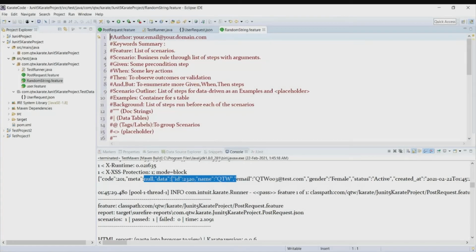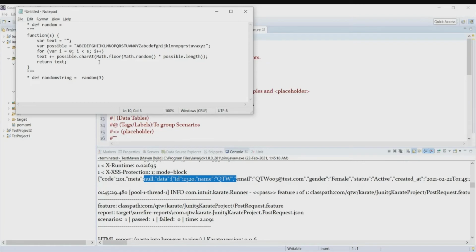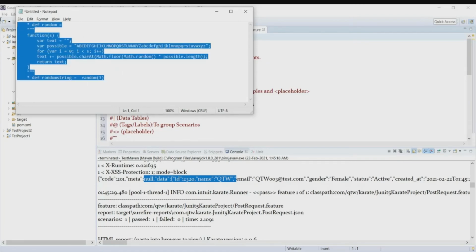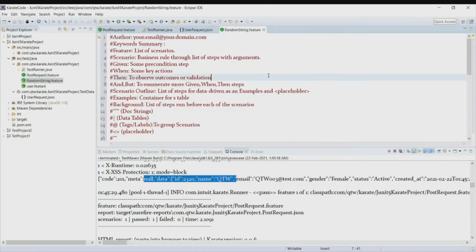Now into this, I have this JavaScript function code which will generate the random string. So let me add it here.